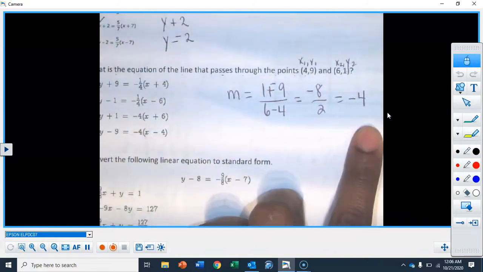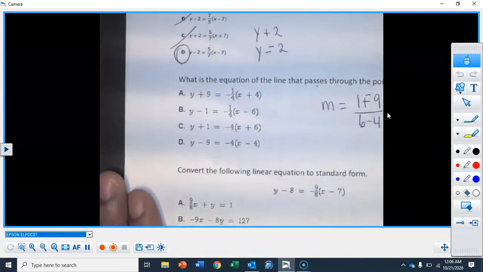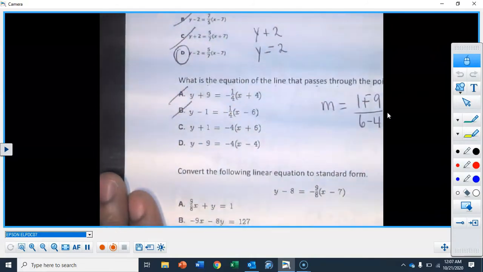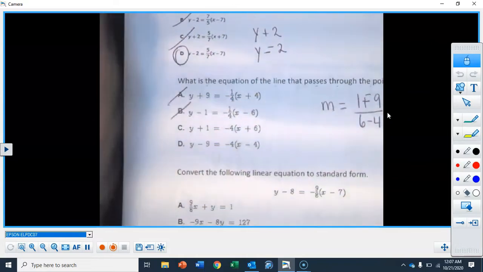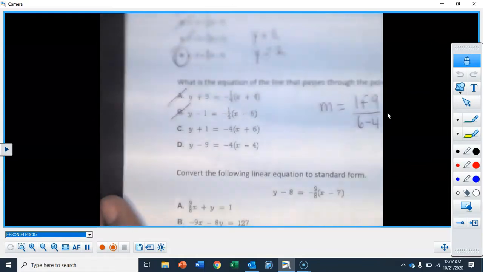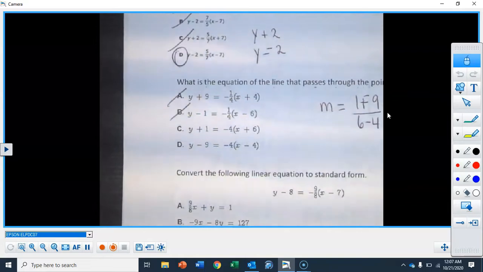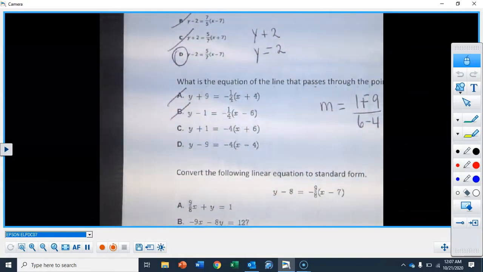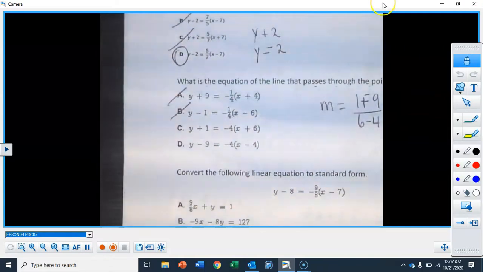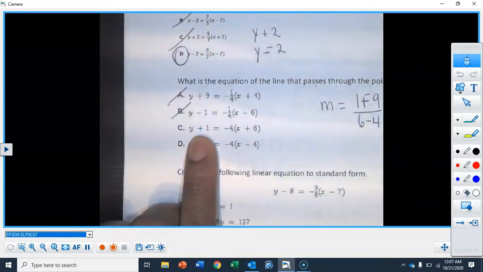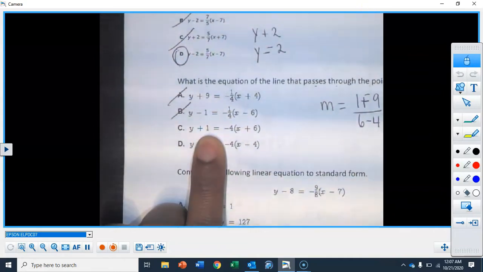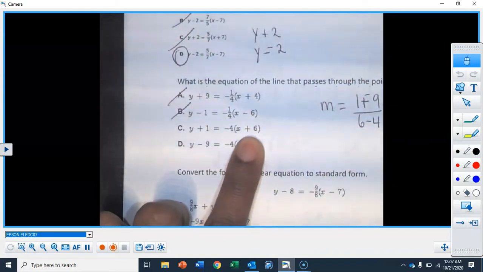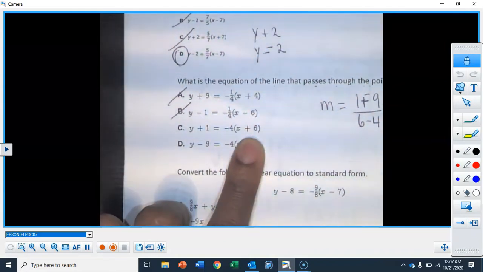So because the slope is negative 4, that means in my answer choices, I don't want A or B. So I definitely want to keep C and I want to keep D. All right. So then the next thing is I notice very carefully, okay, well, look at my points, right? See how that's a y plus 1, guys? That means my y1 must be a negative 1. And then because I have a plus in this parentheses, that means my x1 must be a negative 6.